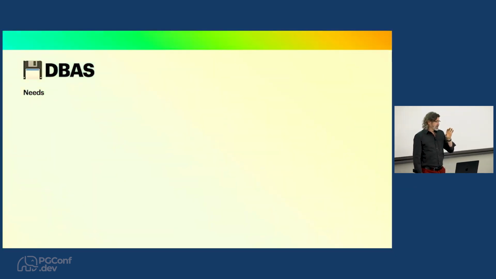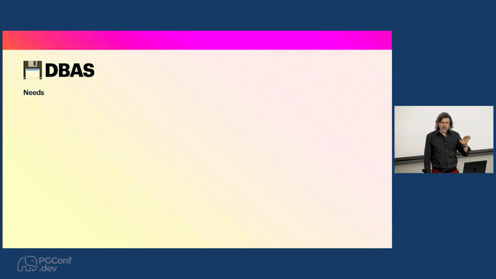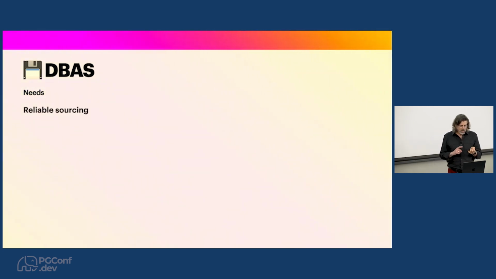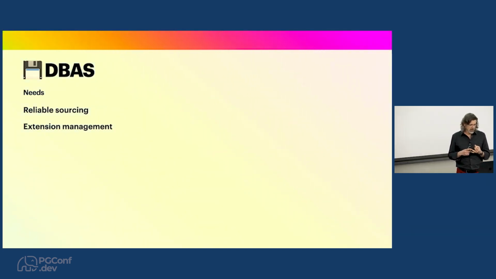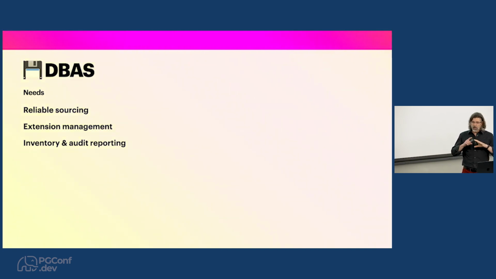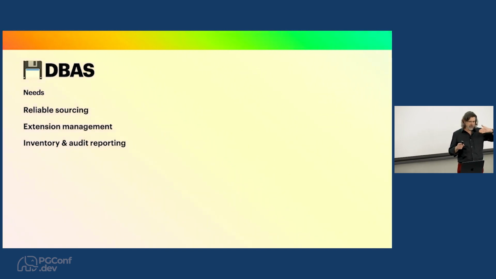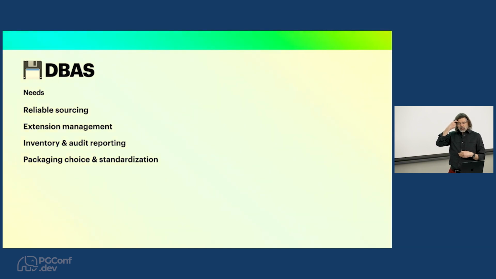Another member of the ecosystem are administrators. So what do DBAs need for extension distribution and management? Well, they need reliable sourcing. They need to know that extensions are coming from a place that they can depend upon. They need extension management so that for the systems that they manage, they can see what's installed, where it's installed, who has what, including some sort of inventory and auditing. If you maintain a lot of Postgres servers and you might have users installing extensions, to be able to run commands to say, okay, here's what you have here, here's what you have here, so that you can find out when they have the illegal flying toasters extension that you can make them get rid of it.